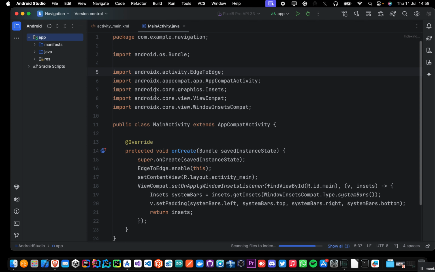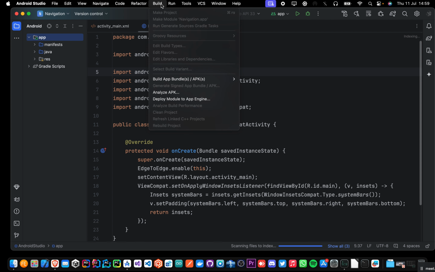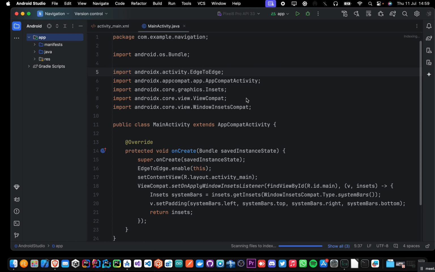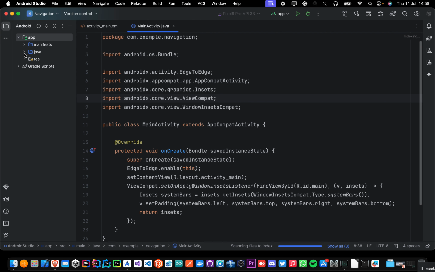It's loading, loading, and loading. It's scanning all the files to index. So we have different tools for our Android app. Scanning files to index. And just to show you the project structure for Android, when you launch your Android app as we have created it,